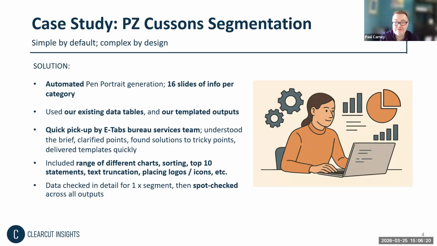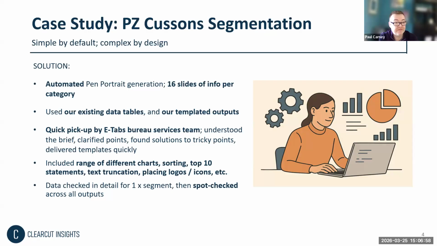But also, it can automate a lot more than I thought it would be able to. We had 16 slides of info for each of the segments that we looked at. Each of those 16 slides had multiple charts on it. Not all of them were bar charts. Some of them were all sorts of different charts that you could imagine, scatter plots, pie charts, everything in there. And it involved ranking, sorting, indices, and all of that can be automated from Benjamin's team as well. They can use your existing data tables.